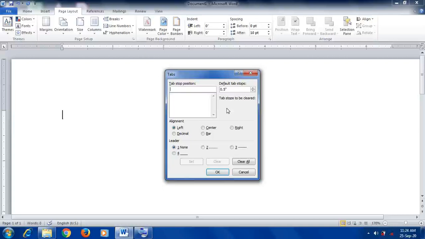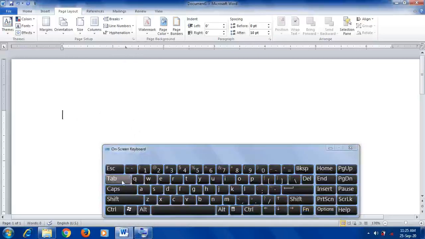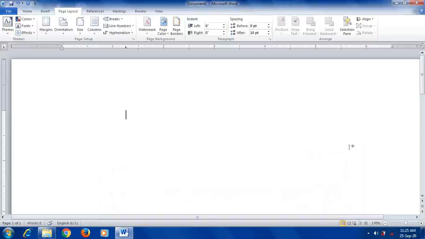Type a tab position, for example 1.25, in the tab stop position text box. Click OK. Let us type 1.25, and then click on the OK button. Now 1.25 is here. You can see that L-shaped icon. Now if I press the tab key, my cursor directly stops at this location. Now see here. If I press the tab key, it directly stops here. Understood? Let's see once again.